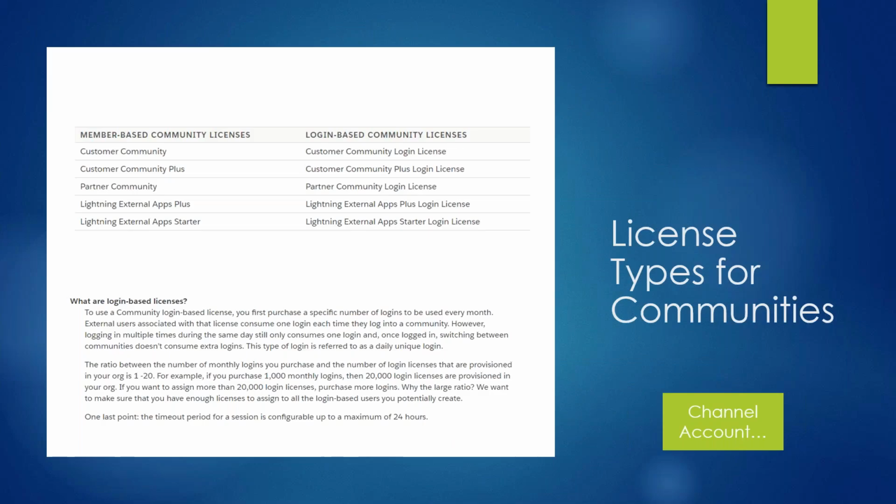But before going into the profile, there is one important aspect with respect to licensing that one should know. That's about how the licensing works for communities. The first one is the member-based community, and another one is the login-based community. When it is a member-based community, it works exactly like an internal user, where you assign a member-based community license to one person. And in login-based, it is based upon the unique logins used on a monthly basis. So it's not depending upon a person, but upon the number of logins